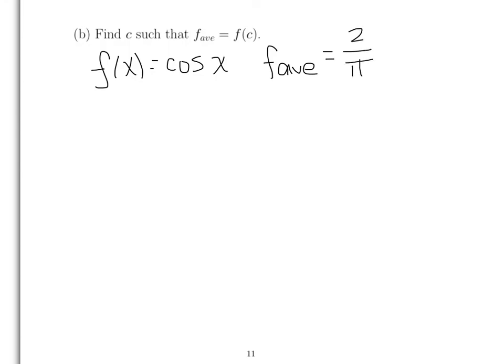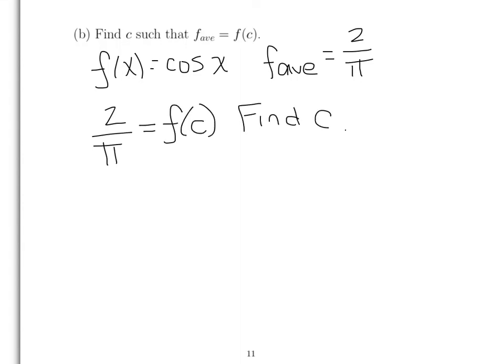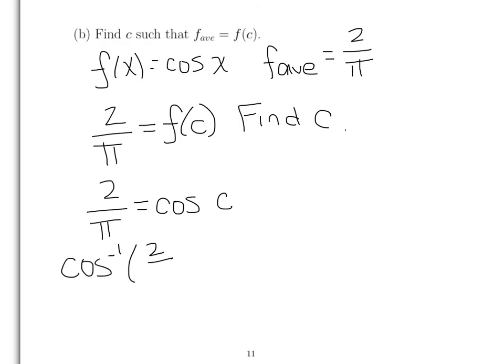So what all this is asking us to do is to take the average value, which is 2 over pi, set that equal to f of c, and find c. And the way we would do that is 2 over pi is equal to cosine of some c. And then to solve for c, remember you would take the inverse of both sides, which is cosine inverse. So if you take cosine inverse of cosine of c, you'll get c is equal to